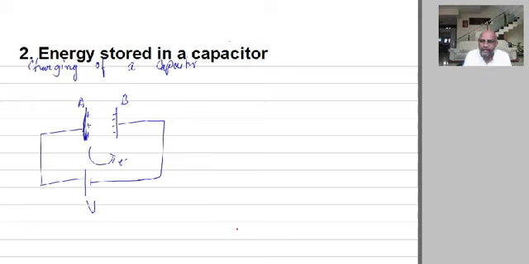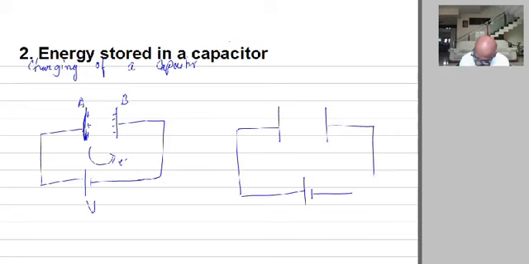So I repeat again, please listen, dear students. Here we take a capacitor, and we just connect it to a battery. Once you connect it to a battery, what happens? Quite obviously, the battery's positive terminal will pull off the electrons from one plate, and those electrons which are pulled off will be transferred to the other plate.